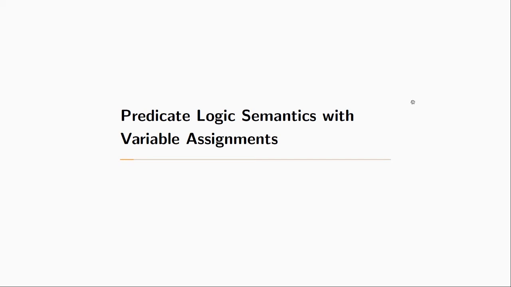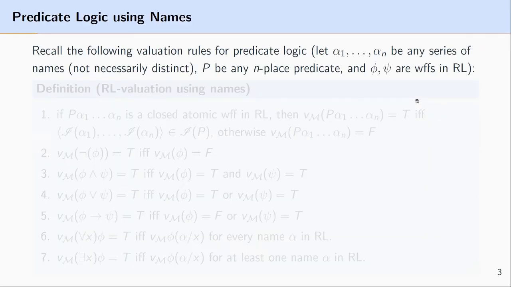In this video, I want to talk about predicate logic semantics with variable assignments. Essentially, the way to talk about this video is to prompt it with some earlier information. So you want to recall that in predicate logic, we make use of a valuation rule. And all that valuation rule is an assignment, up to well-formed formulas, of a value of true or false in